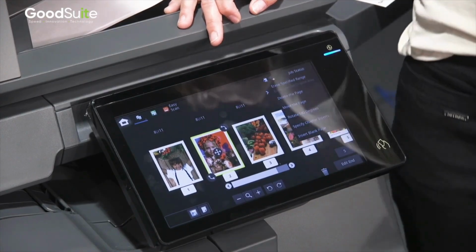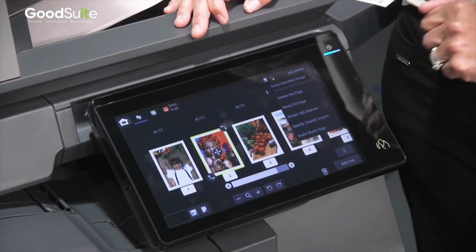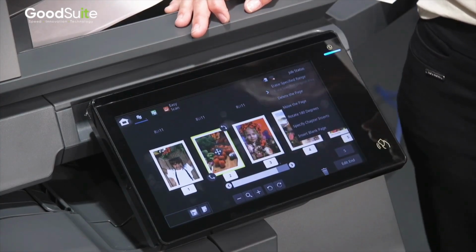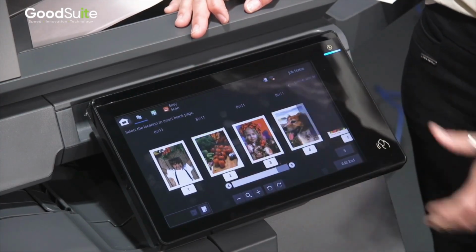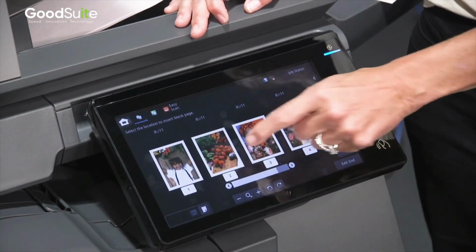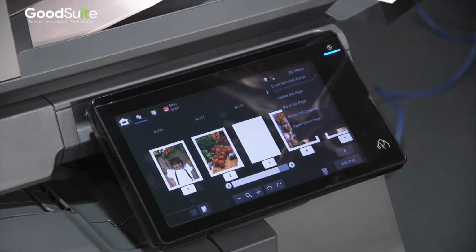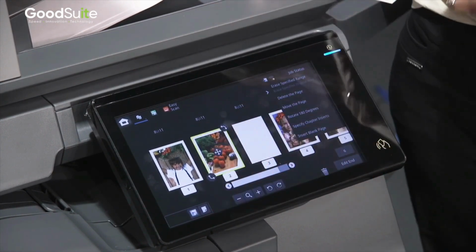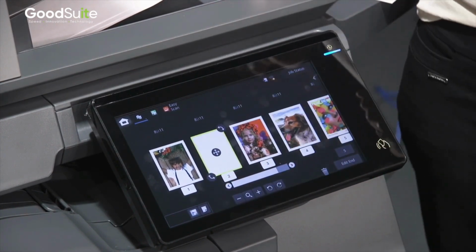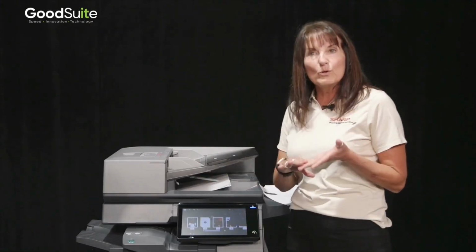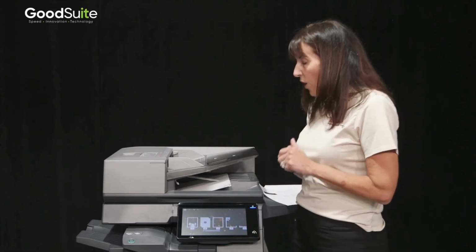I can also move the pages. I can touch the page and touch move, or I can hold down and rearrange the order. I can also insert a blank by just touching the little squares in the middle and insert a blank. So you can delete a page. I can just touch a page. Hey, I don't want that page, and delete it. So it allows you to delete, move, insert, rotate, but also say that there's an area on the page, a